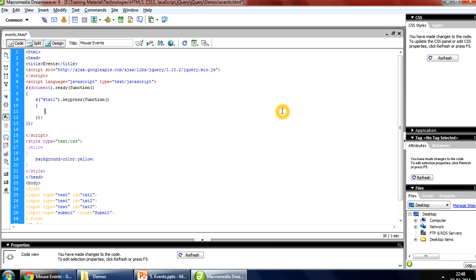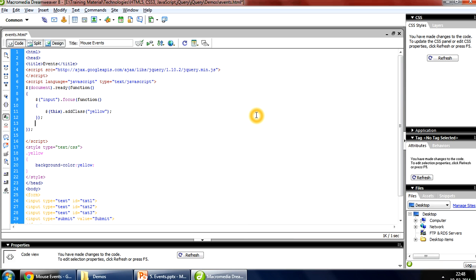Okay, so now over here I'll choose the focus event and I'll choose it on the input. Whenever a text box gets the focus, or whenever any input box, whether it is a submit button also, gets the focus, it will add the yellow background class to it, and whenever it loses the focus,